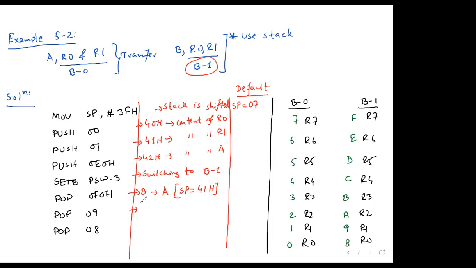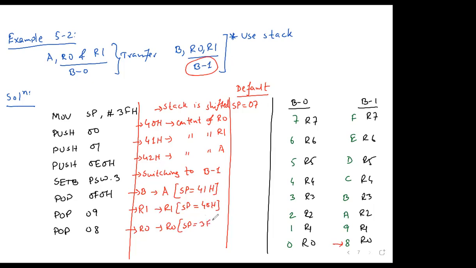In this line, it is very simple. When you write pop 1, your R1 will contain the value of 41H. That means of R1. So after this line, what will be the value of stack pointer? 40. In the last line, 08 is where is the address? 08 is this address. So R0 will contain the value of 40H, which is of R0, and the value of the stack pointer will be